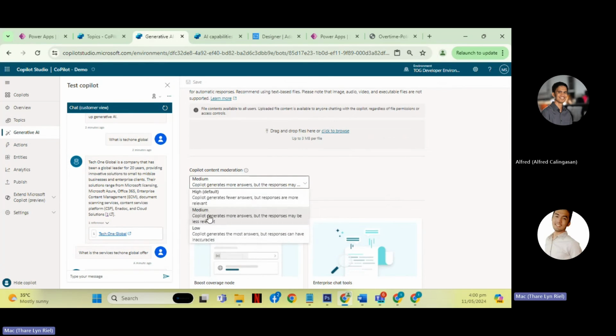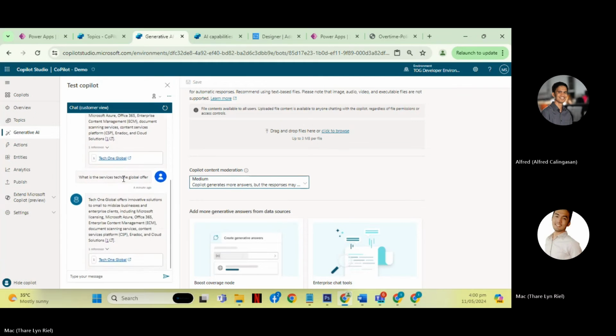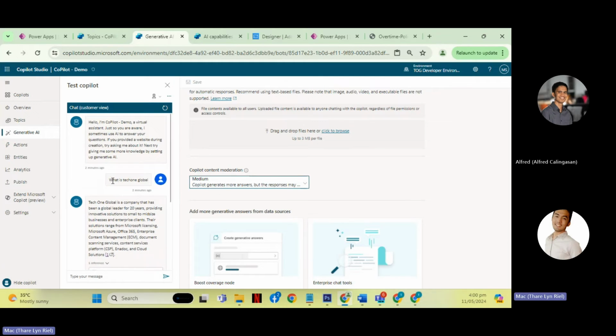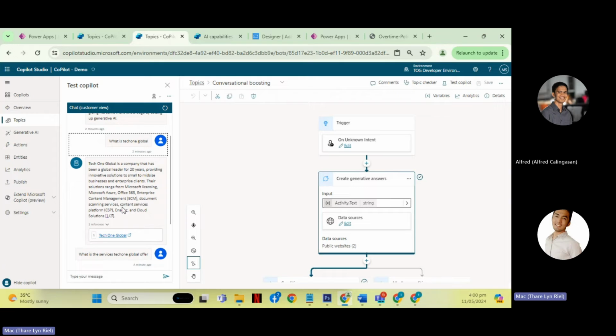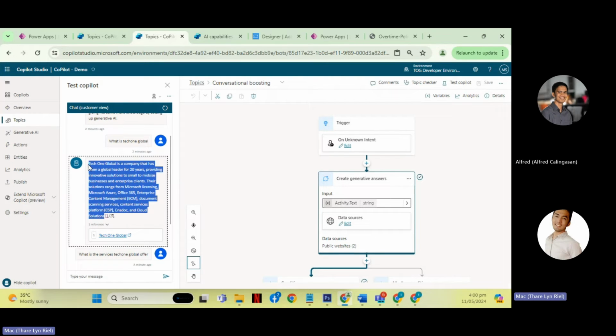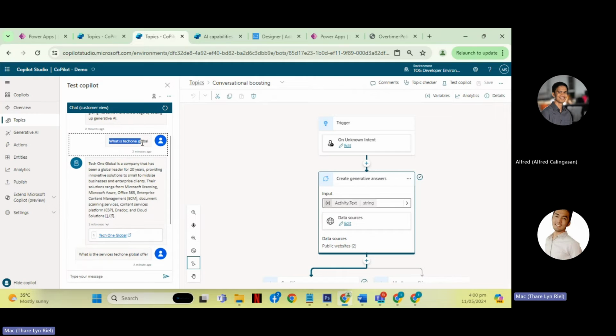But if you click, for example, the medium, Copilot generates more answers, but the response may be less relevant. For example, we select that and then we ask with a different phrase. It is not guaranteed that the Copilot will answer differently, but it might answer differently, which is less relevant.